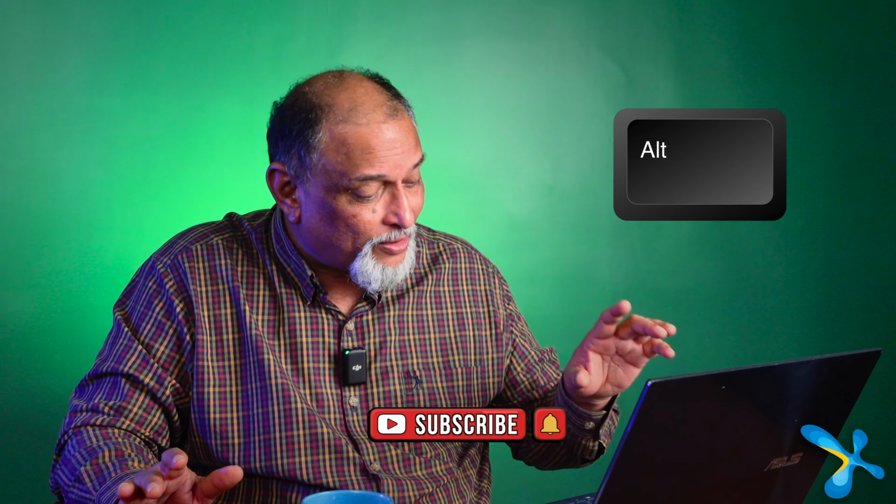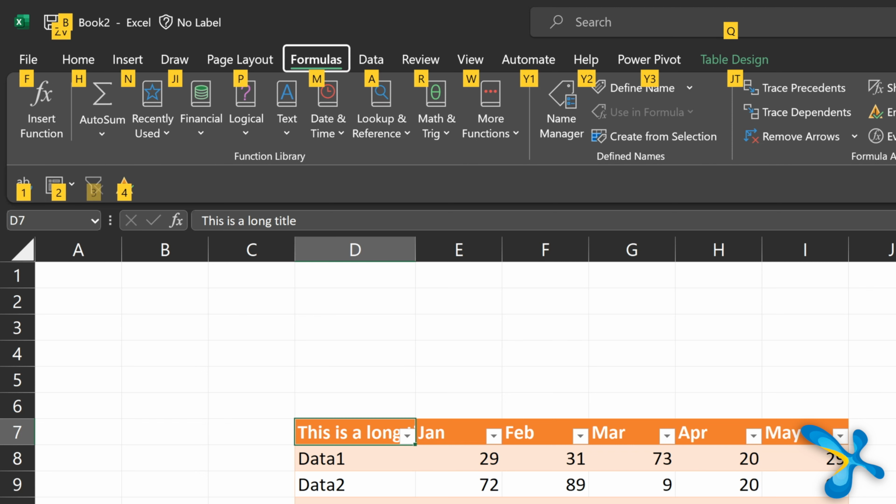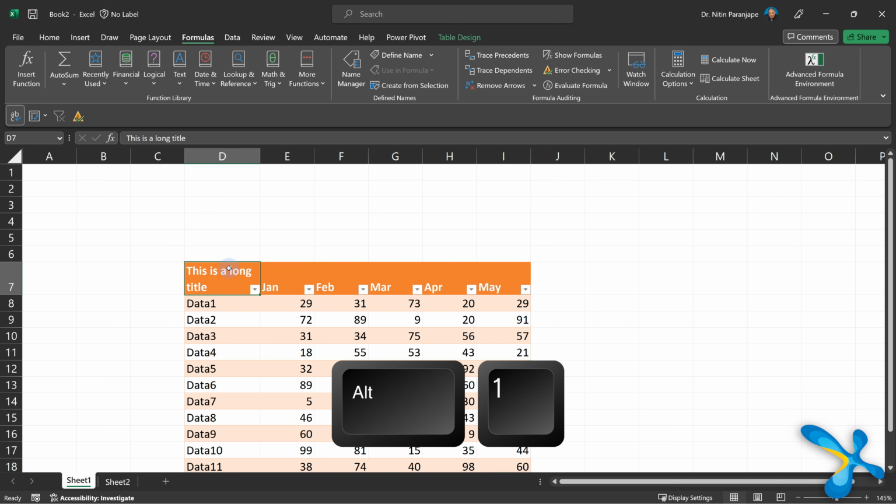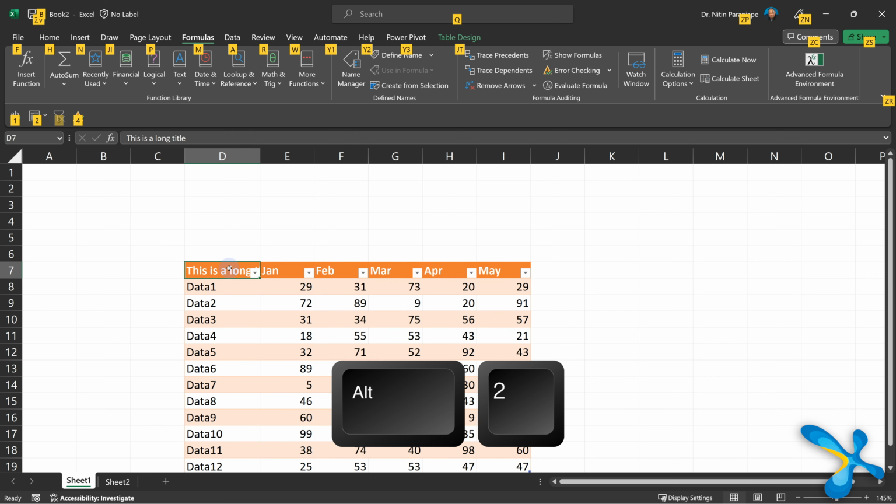Now what do you do? You have the Alt key, press it and release it. Just press it and release it. Don't keep it pressed, and see what happened there. The buttons got a number and the menus on top, they're actually called tabs, get some characters. So that's how using keyboard you can technically click any button without having a mouse. So Alt 1 will do wrap text, Alt 2 will do pivot table and so on. So now we have got nice keyboard shortcut as well.